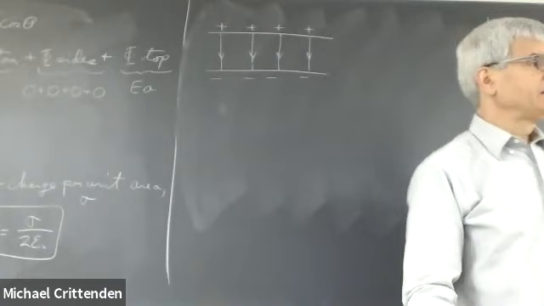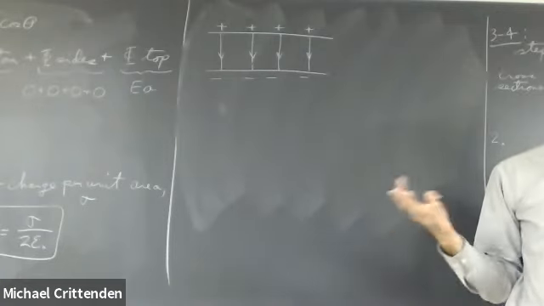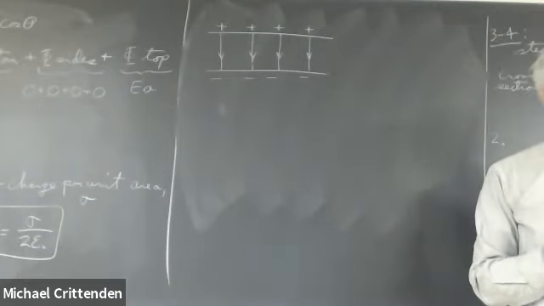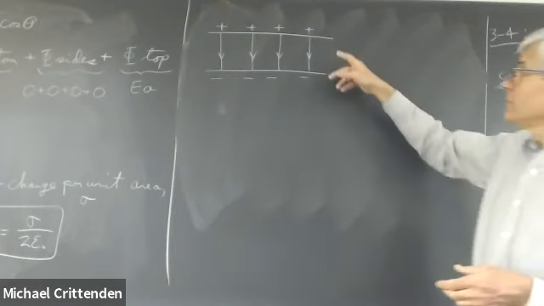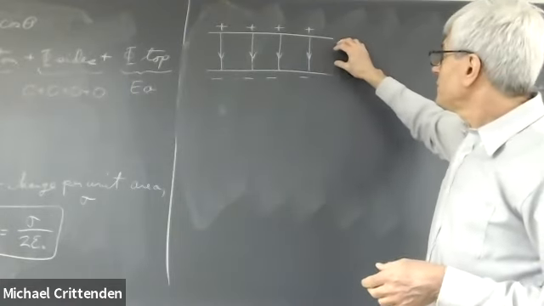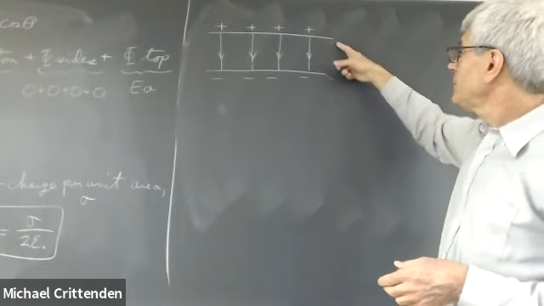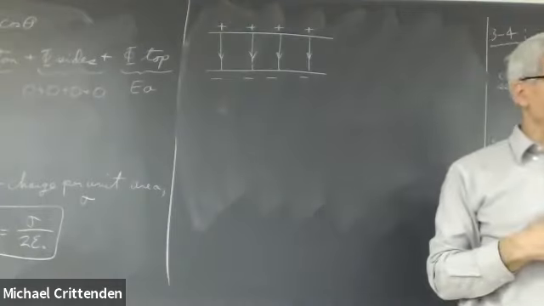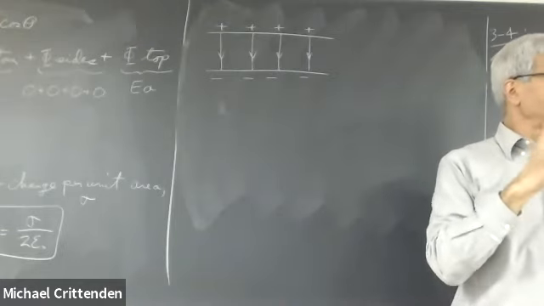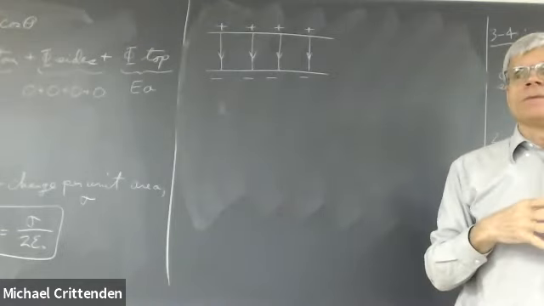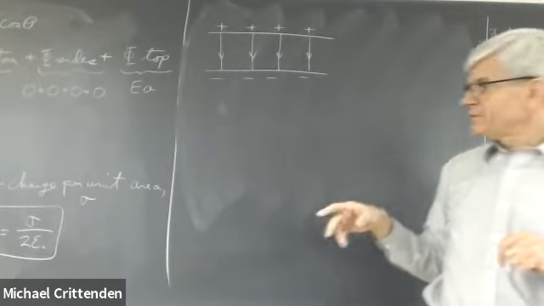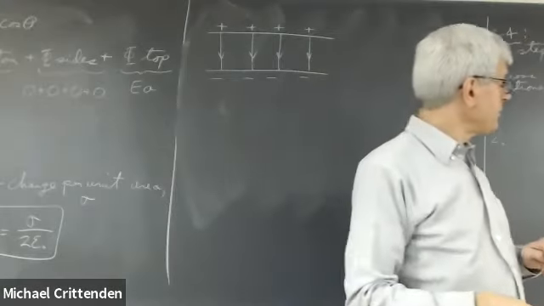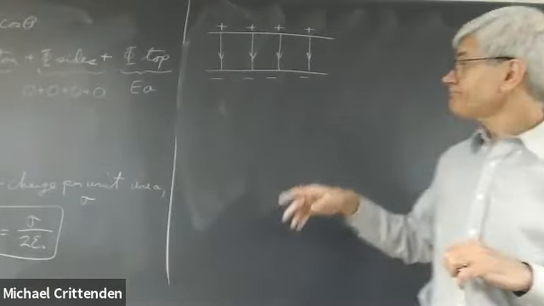Realistically, as long as you're not too close to the edges, you'll have pretty much a uniform field. You get over near the edges, the field starts to get a little weaker. The field lines start to bow outward when you get near the edges. But as long as you're somewhere in the middle, far from any edge, and our approximation of infinite sheets is valid,